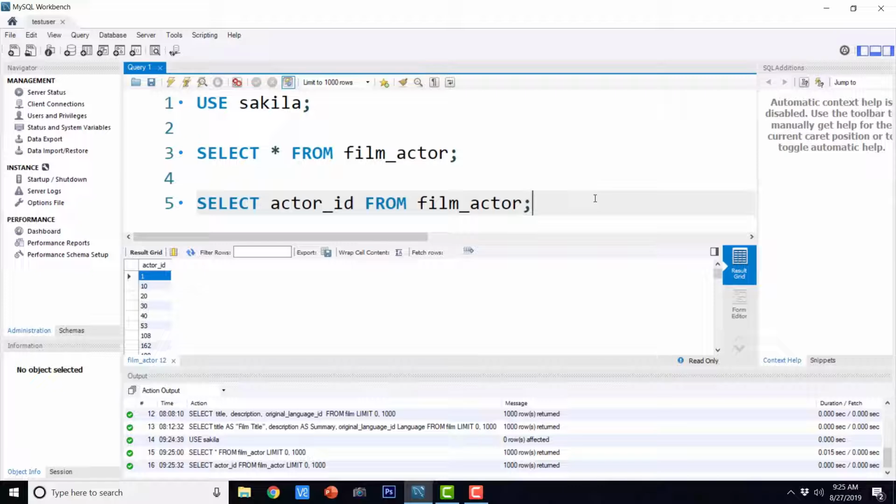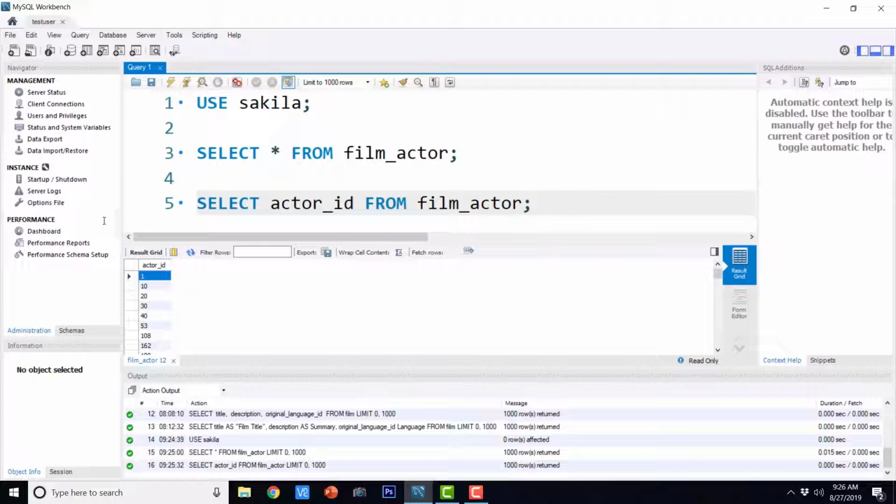This means that I just want to have one entry in my output result set for multiple entries of a particular actor ID. Okay, many to 1. So suppose there are 10 entries for actor ID equals to 1, then in my result set it will be only one entry. Similarly, if there is only one entry for the actor ID 2, still in the result set there will be the other entry, and so on.